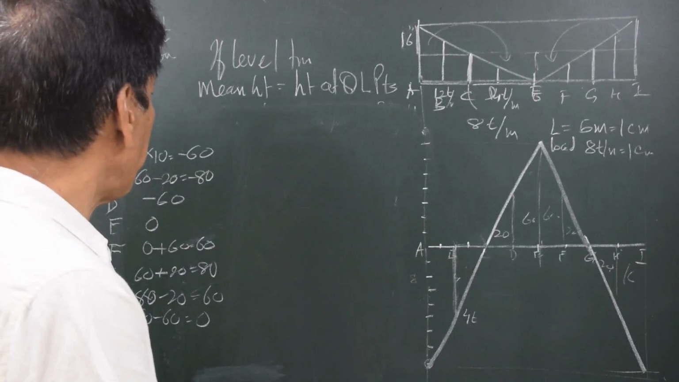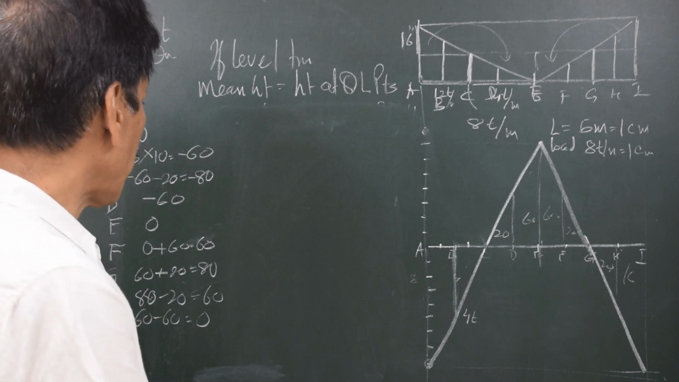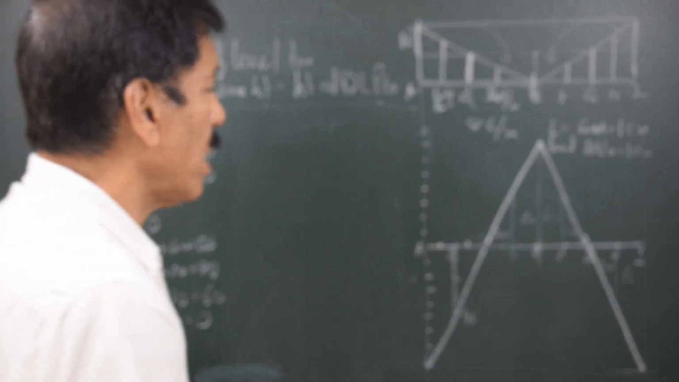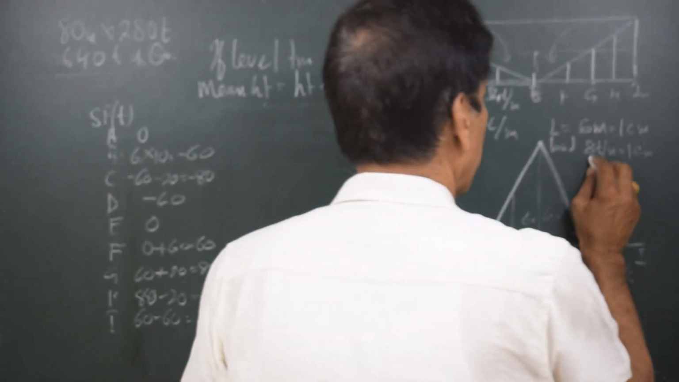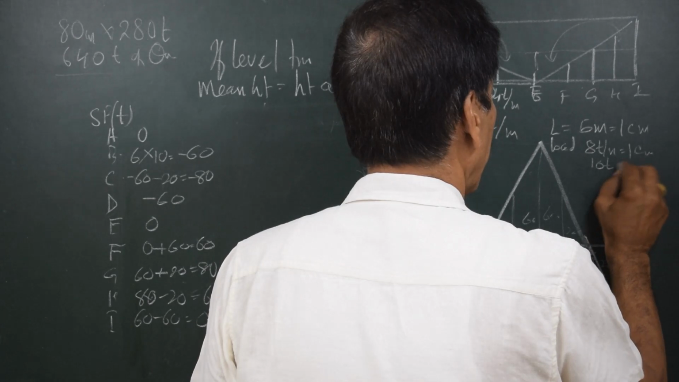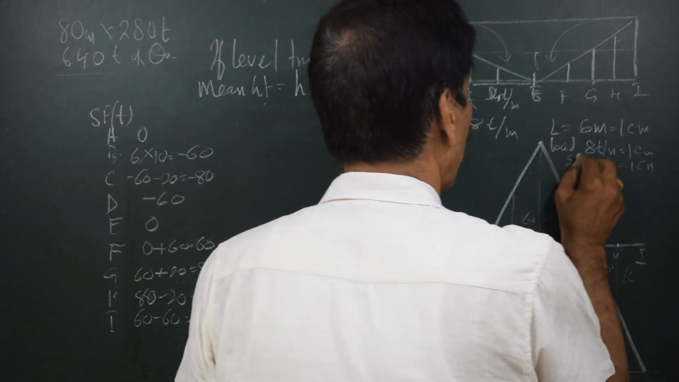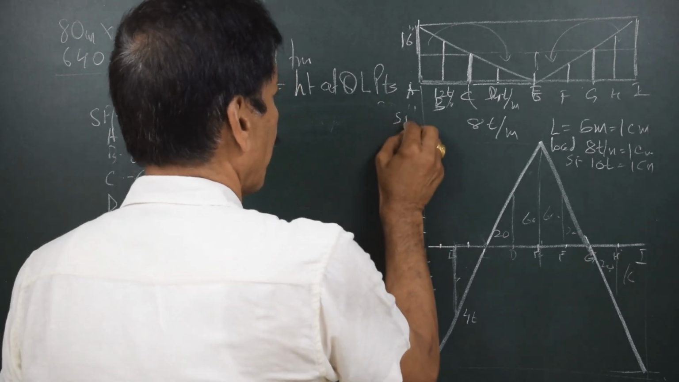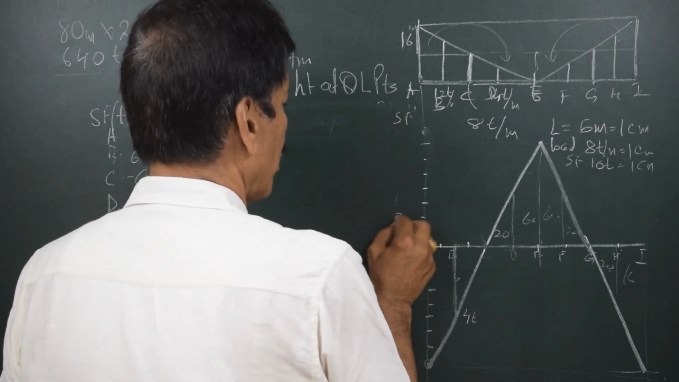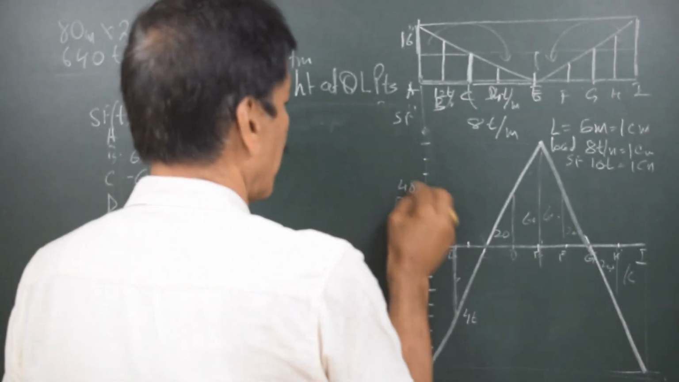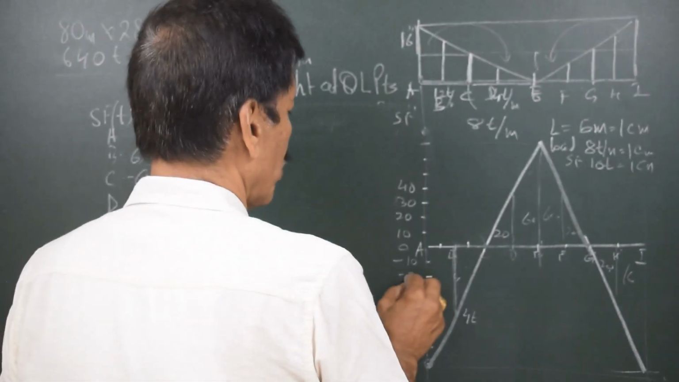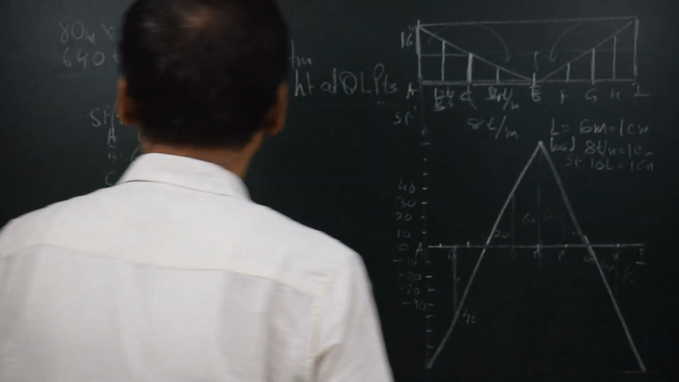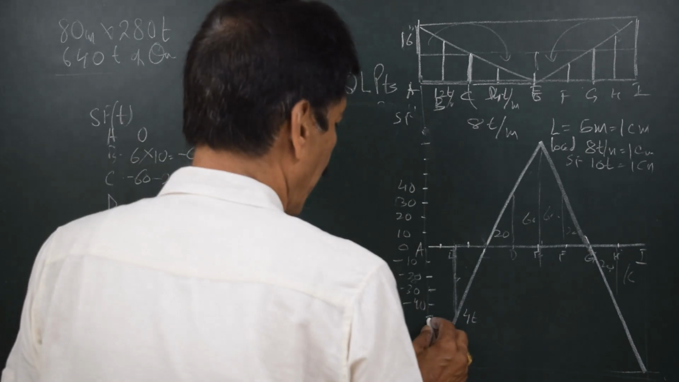Now if I look at the maximum value of the shear force, that is 80 tons, I might take a scale of 10 tons equal to 1 centimeter, that is the scale for SF, right? So if I write down the SF values 10, 20, 30, 40, etc., and minus 10, minus 20, minus 30, minus 40, etc., and try to make the curve, it is minus 60